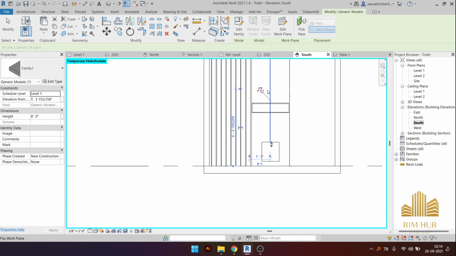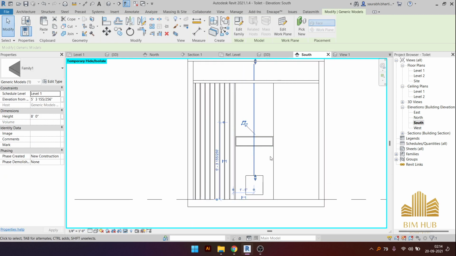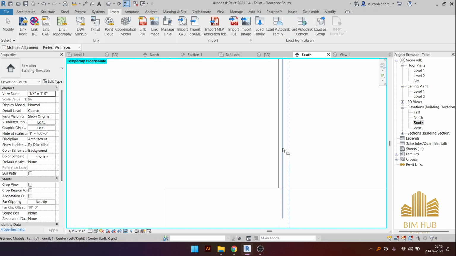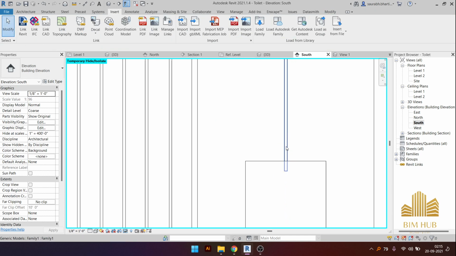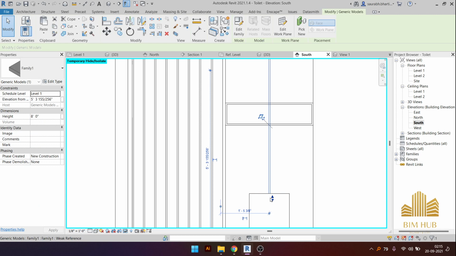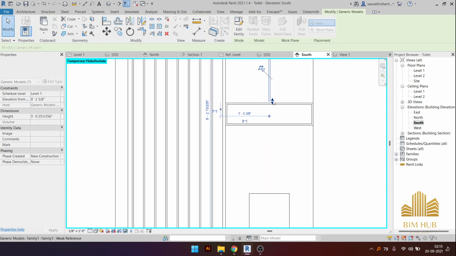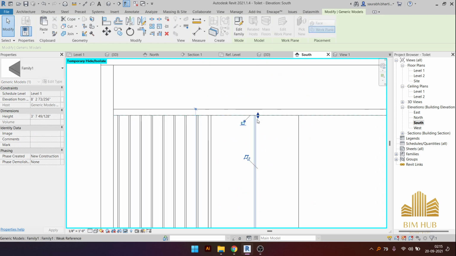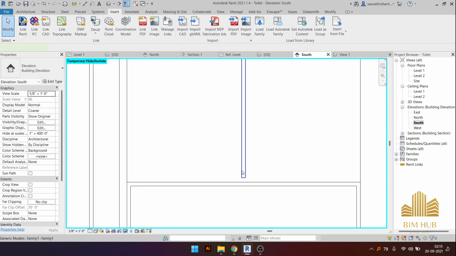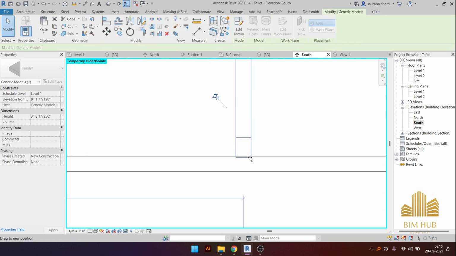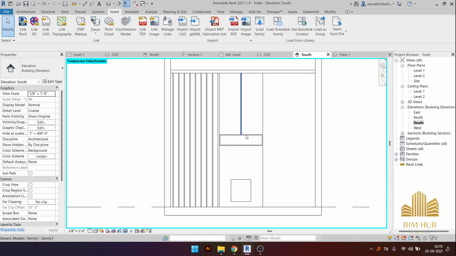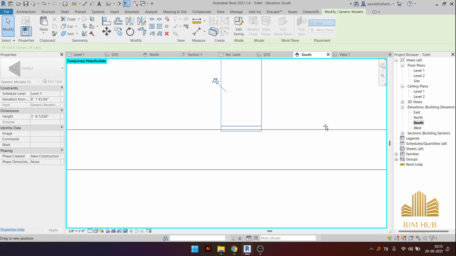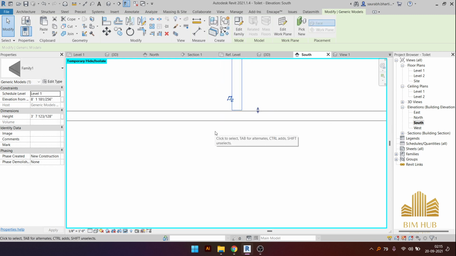Go to the south view, select this one, and first of all let me align it. So just align this with this one. Now we have aligned it. Now we can make it a smaller one. As you can see, this is way too high on the top side. So now I have edited this one and done, I think. Yes,